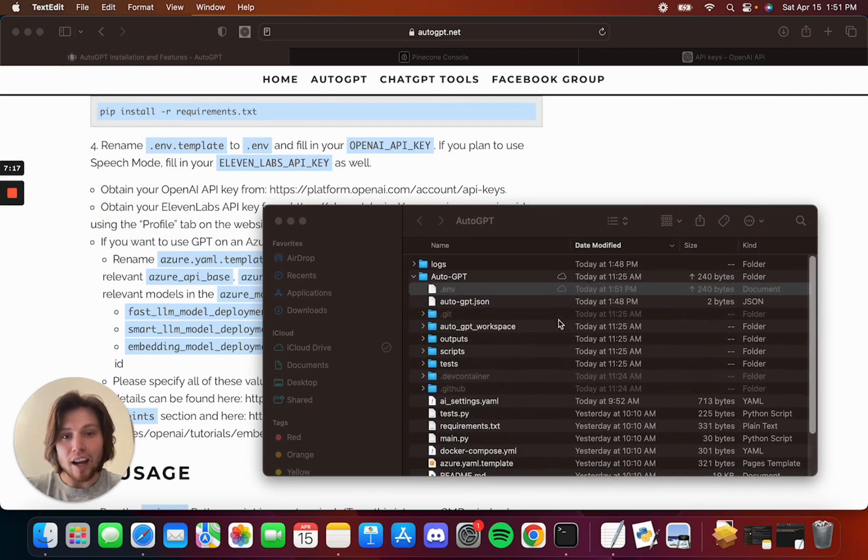Now that we've done that, why did that move? Okay. Oh, it's because I have it sorted by date modified. Now that we've done that,